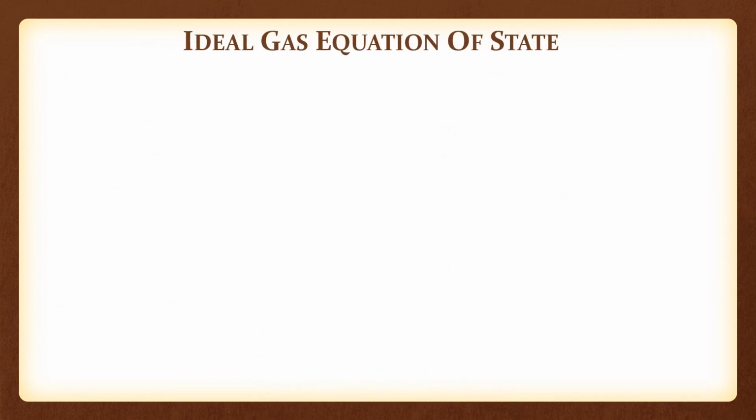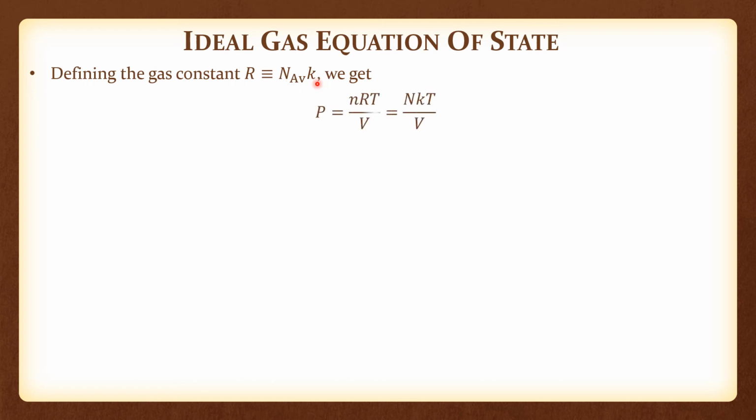So we have obtained what is called the ideal gas equation of state, the PV-T equation of state. If we define the gas constant R as Avogadro number times the Boltzmann constant, then we get P is small n RT by V, where this small n is the number of moles of gas molecules in the container. R is the gas constant. Small n times R is equal to capital N times k,